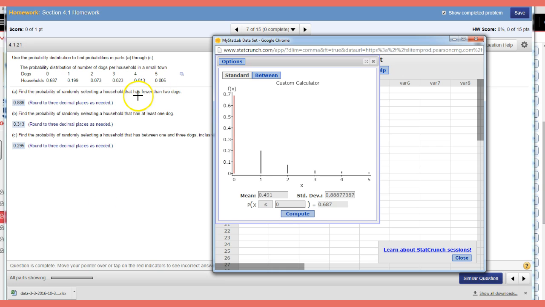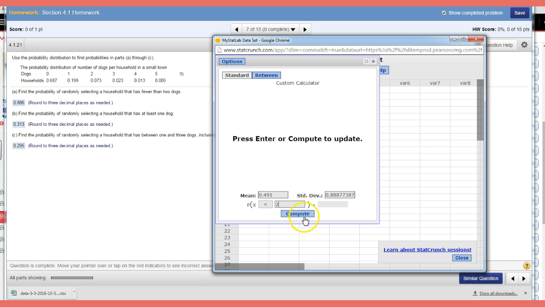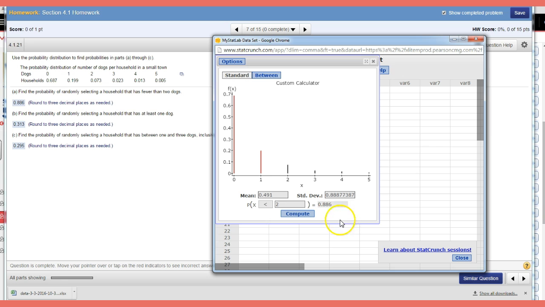Probability of having fewer than two dogs is less than two dogs, and I'm simply going to change it to less than 2 and compute. 0.886, and that's exactly what we have. Now probability of having at least one dog